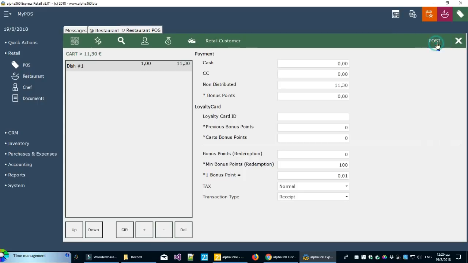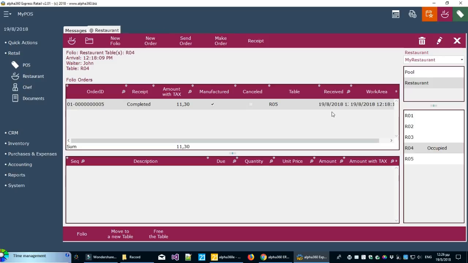But what it really means is that this one is not in our cash accounts. Now we can free the table right now, and we are